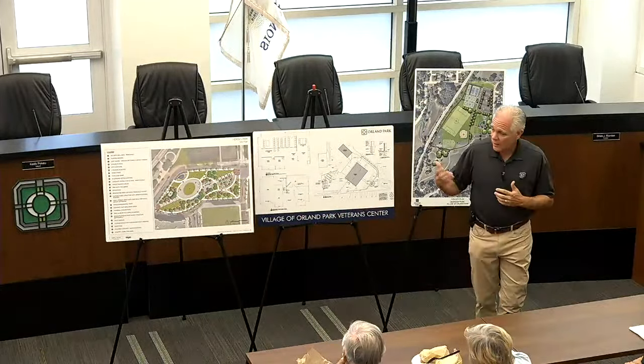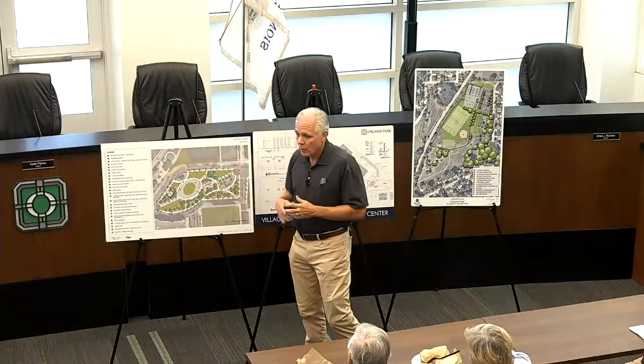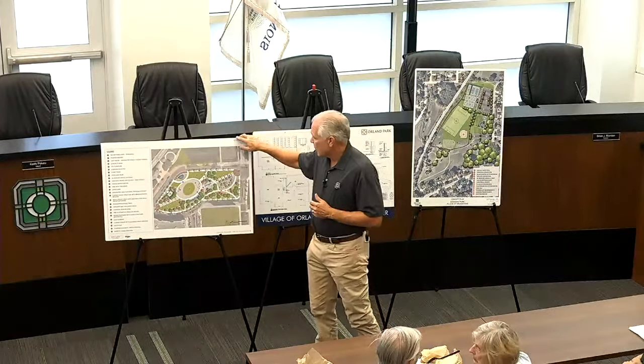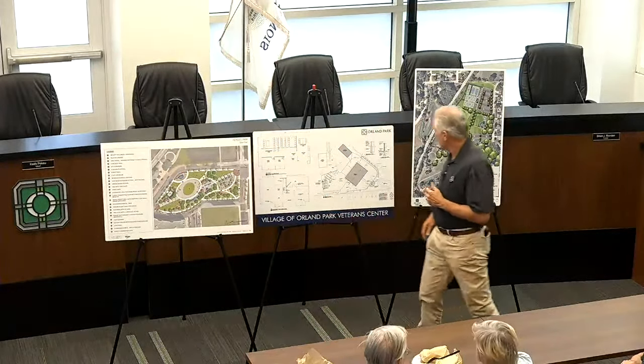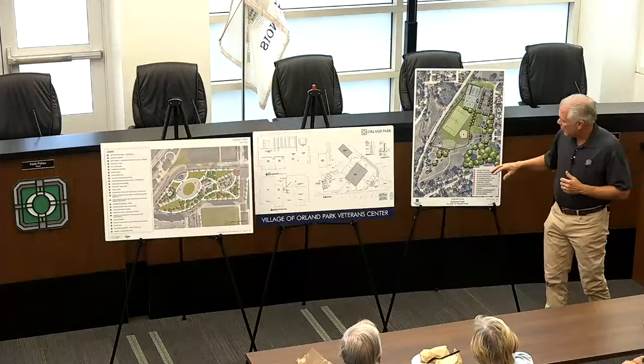Also, it'll be maintained as part of this whole complex, so not part of the village, so that will ease some of our budget burdens on that. So that's Heroes Park. And then Dugan Park. So this is, if you think of